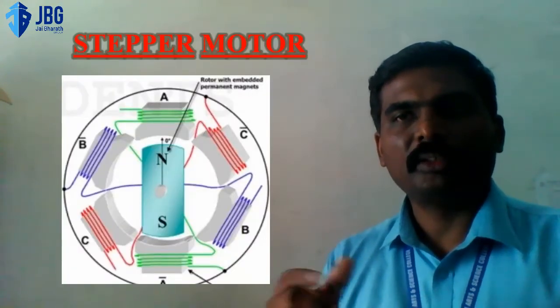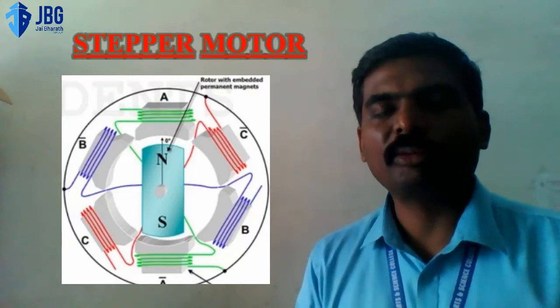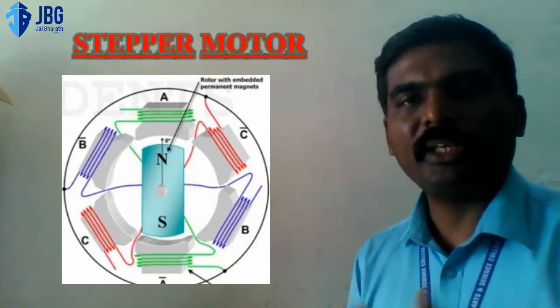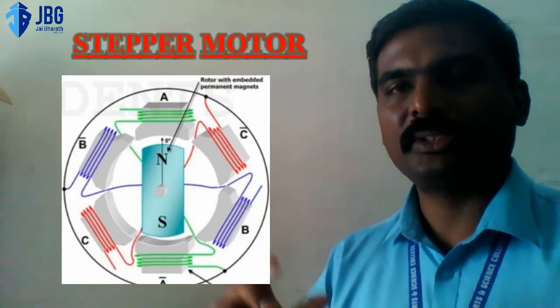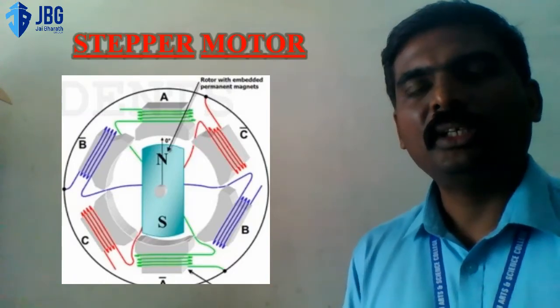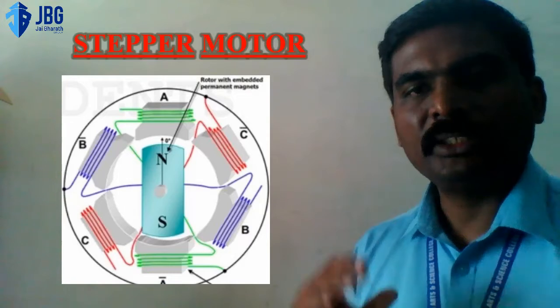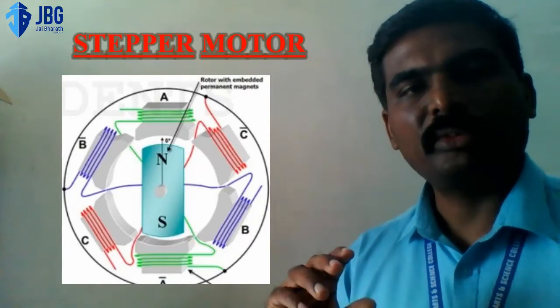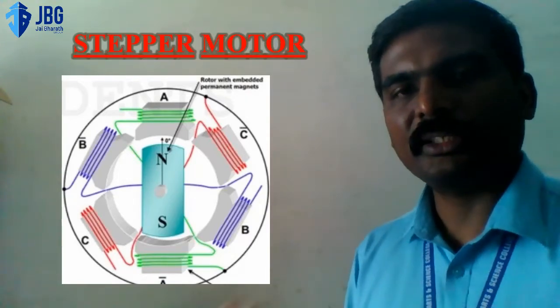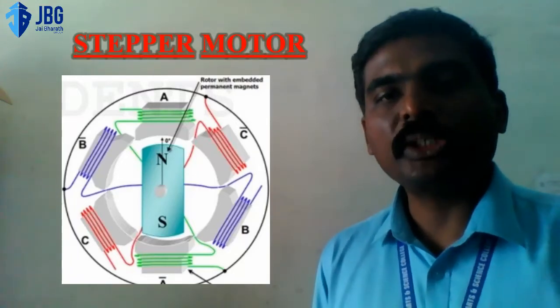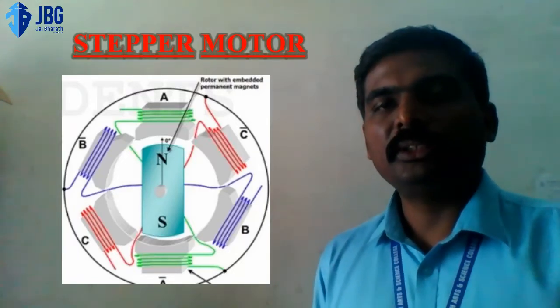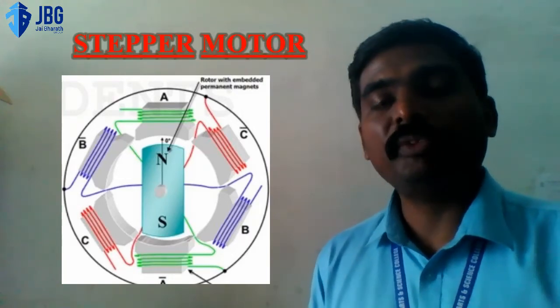And in a stepper motor, the rotor moves in discrete steps. In servo motors it is continuously rotating, but in stepper motors it is discrete. It is a brushless DC electric motor which provides a number of equal steps. We can rotate it 1 degree, 2 degrees, 3 degrees, etc., 45 degrees, 90, etc. Because of these steps, it is possible to control it and easy to find the position of the shaft.